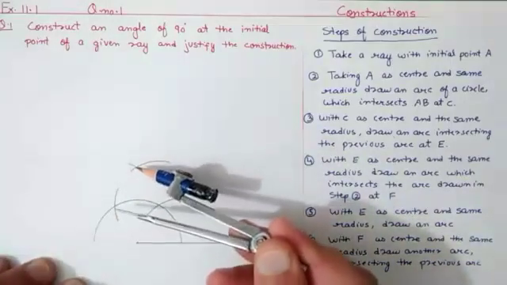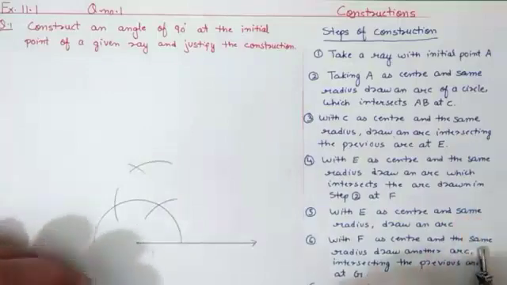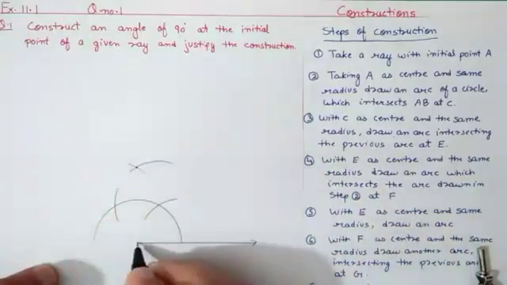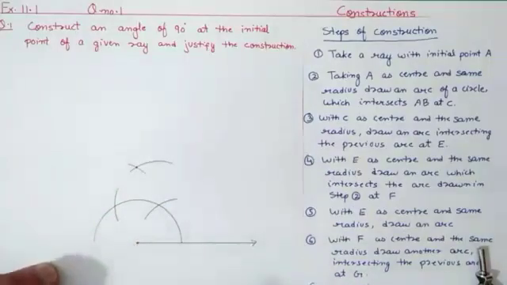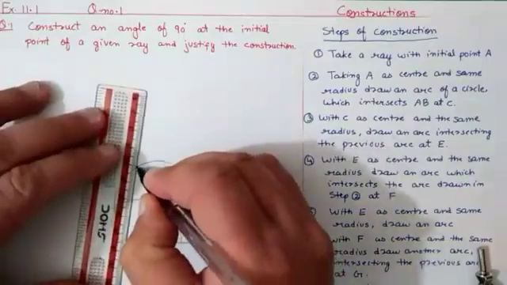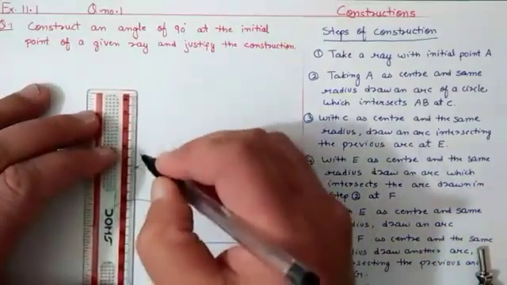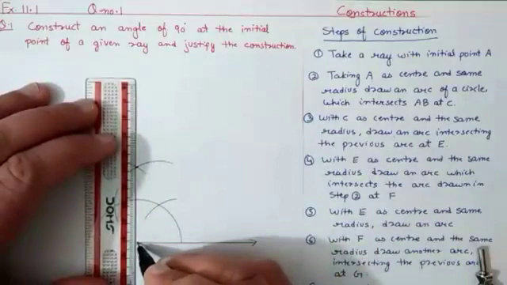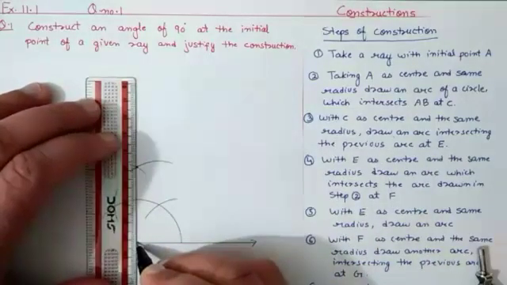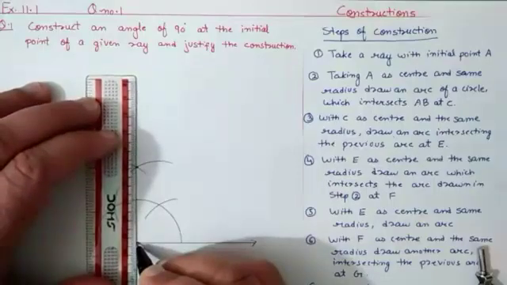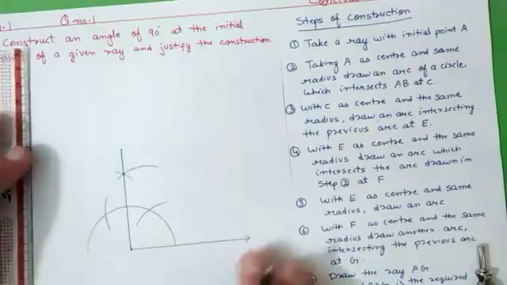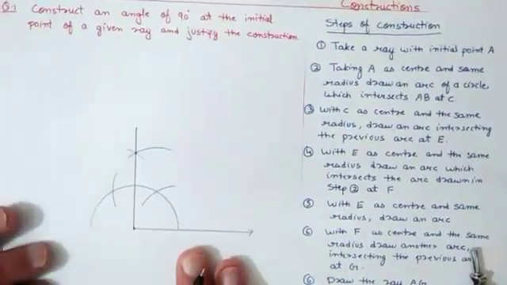Like this. After that, mark that point of intersection of the arcs, and this will be your initial point which is given in the question. After that, construct a straight line which will start from the initial point and pass through the arc point which we have drawn just now. So this angle will become your 90 degrees.